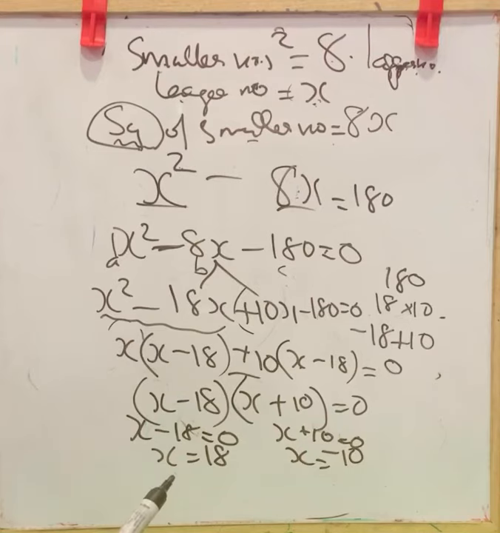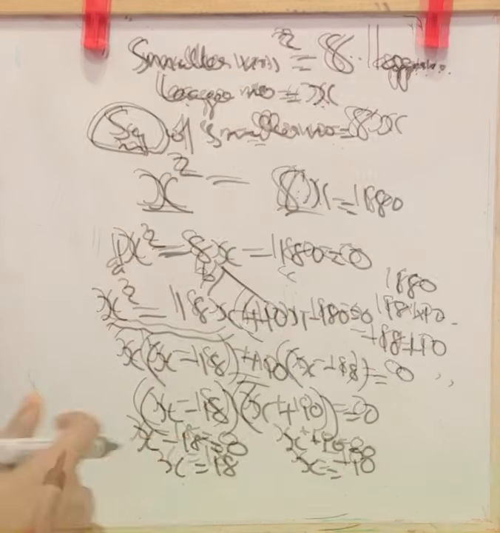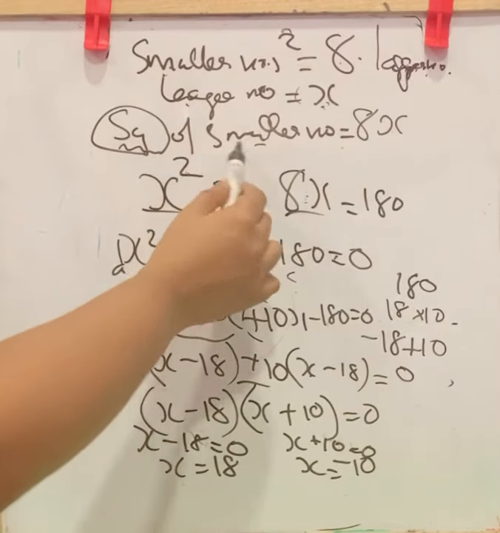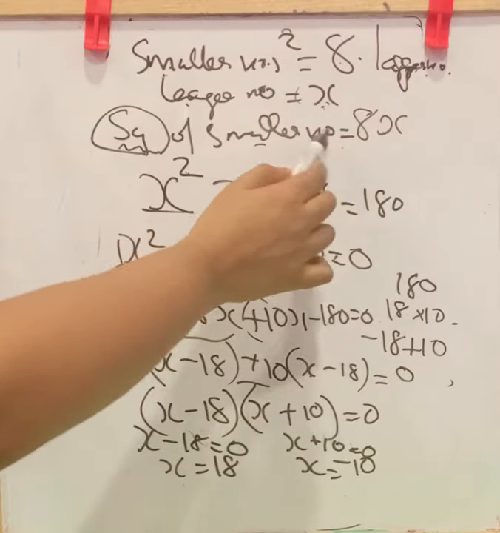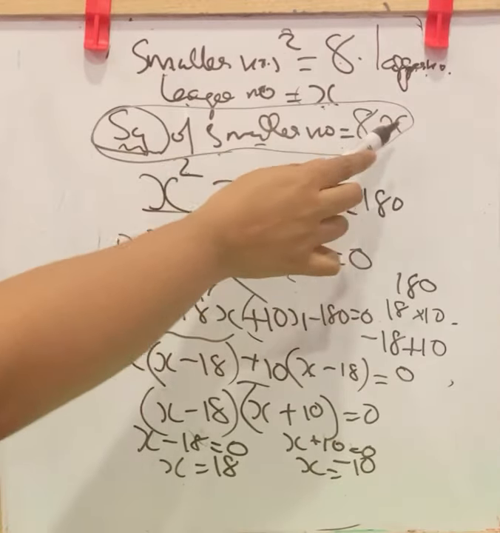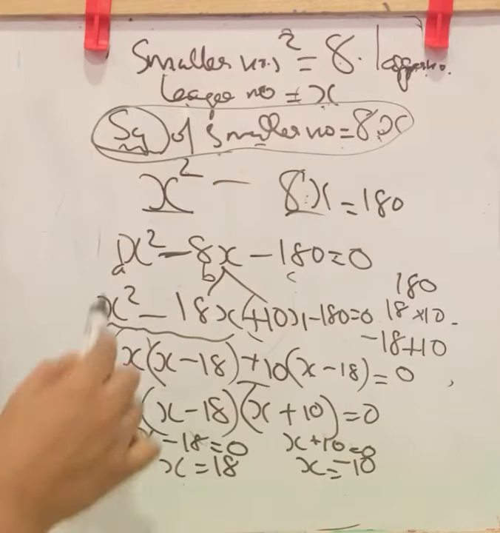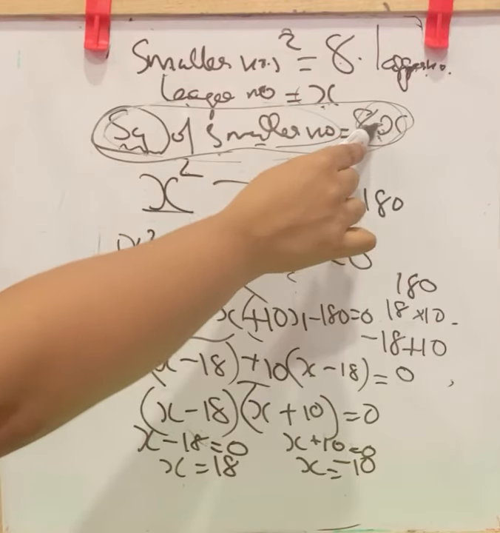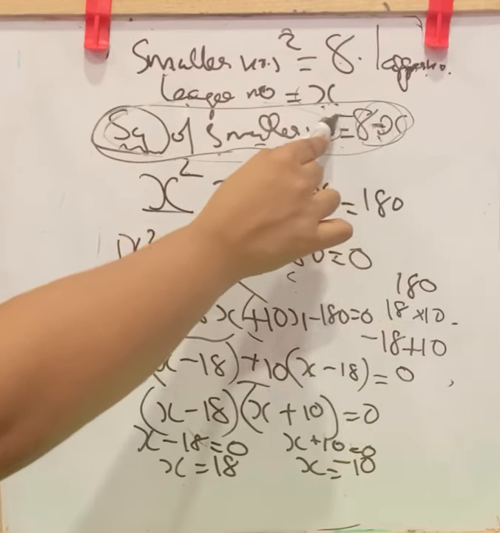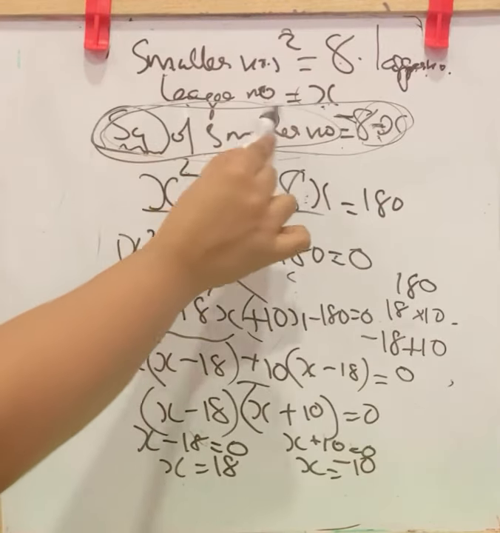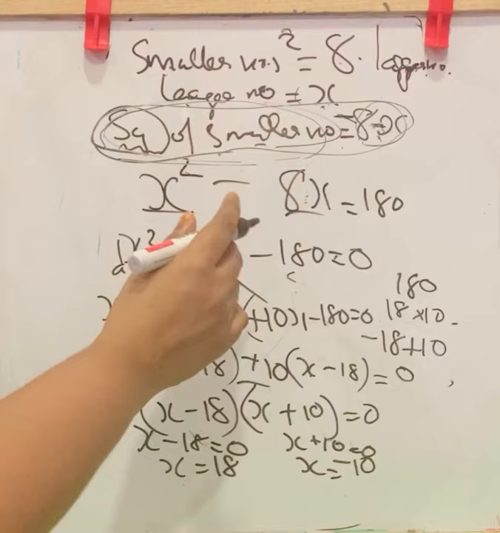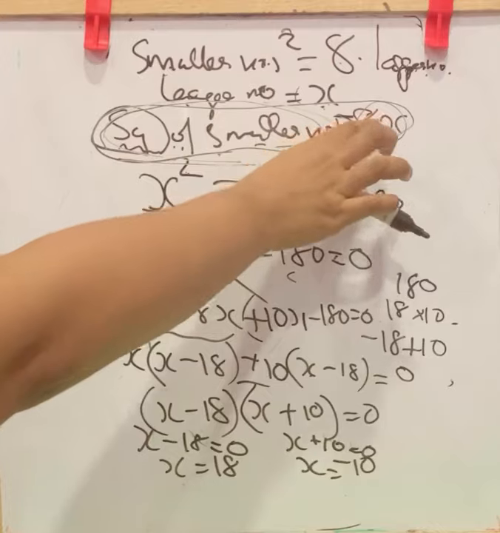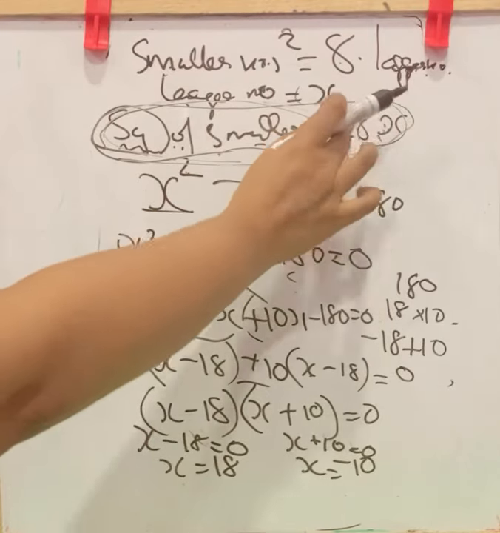And we are talking about the larger number and the smaller number, and we took x as the larger number. From the condition that the square of the smaller number is 8 into x, we can say that the larger number cannot be a negative value, because here it is a square number and here it is 8 into x. If x is negative, we will get the result as negative. And we know a square number will always be positive. It will not be equal if this is negative and this is positive. So it is sure that x is a positive value. Then only this will be equal.